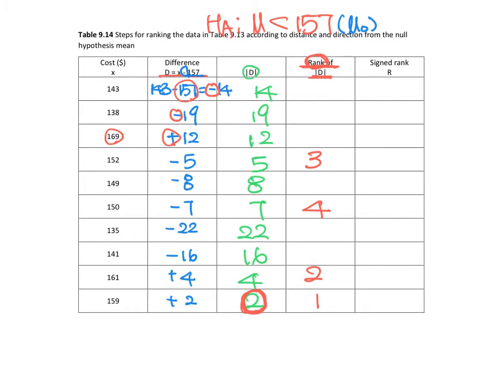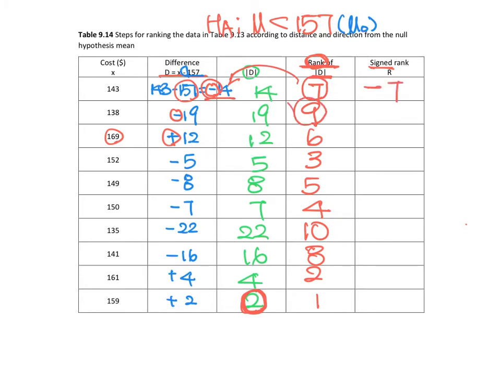Next one will be 8, 12, 14, and 16, 19, and 22 is the biggest one. Okay, and now we just assign signs again, because the rank 7 is from negative 14, so it will be negative 7,